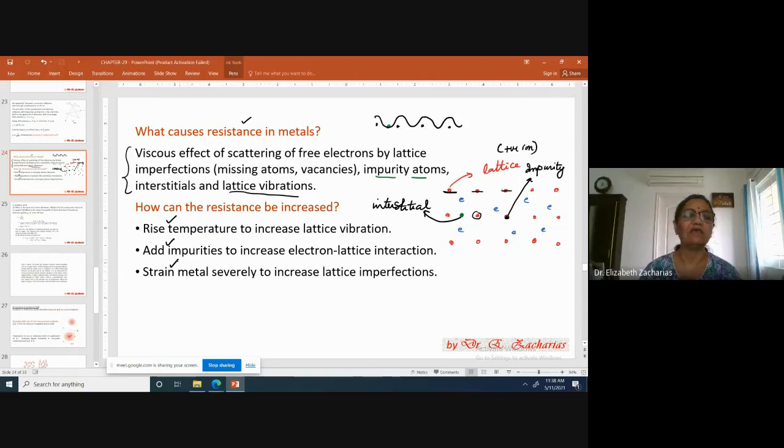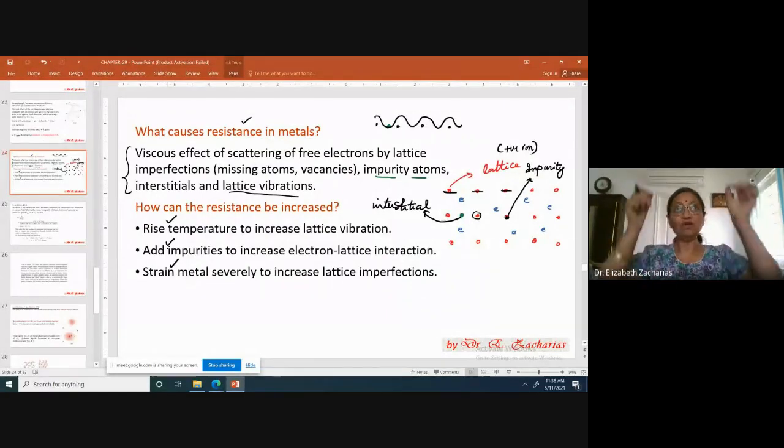And then finally, you can do something to actually increase the resistance. For that, I normally give the students one example. These days, most of you use your turkey towels to dry your hair. But then if you look at one generation back, people would use pure cotton thin towels to dry hair. Have you seen this towel that I'm talking about? Yes. Right. So if you take one such towel and then hold it up in the air against light, okay,